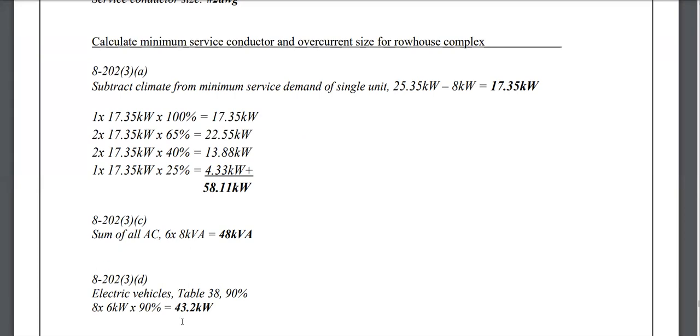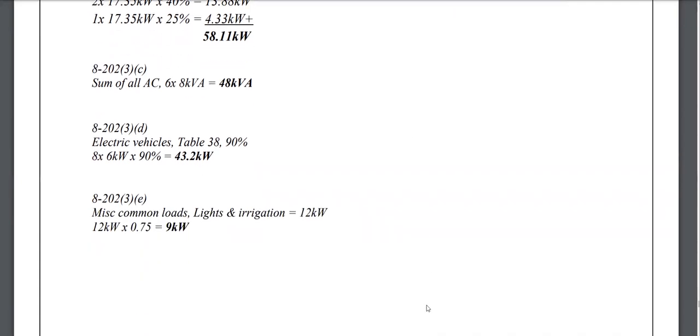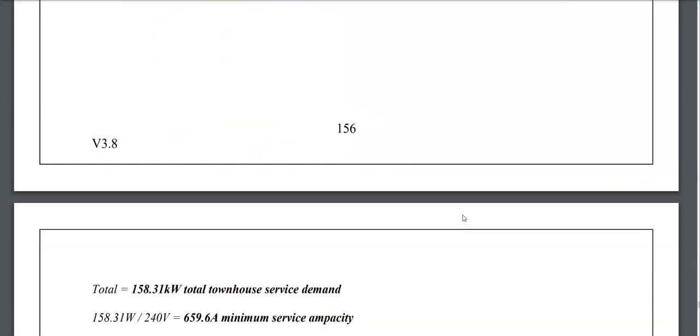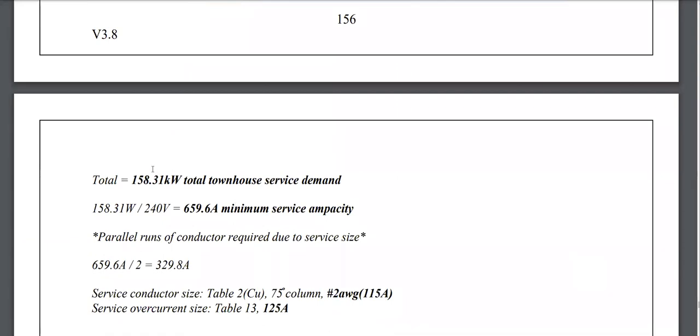And then we have 8202 3D. We actually had 8 electric vehicle chargers in this one. So table 38 said, based on their rating of 6 kilowatts, we need to take them at 90%, giving us 43.2 kilowatts. 8202 3E, miscellaneous common loads, lights, irrigation, 12 kilowatts at 75% gives me 9 kilowatts. Finally, we add all of those together and we end up with just over 158 kilowatts for the total townhouse